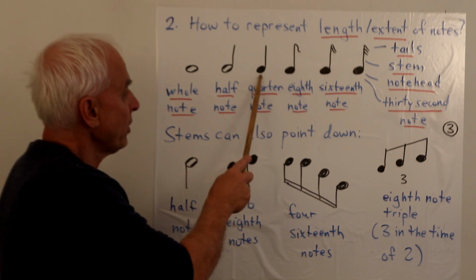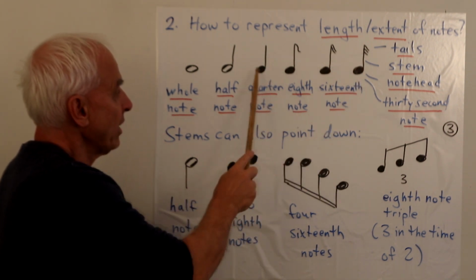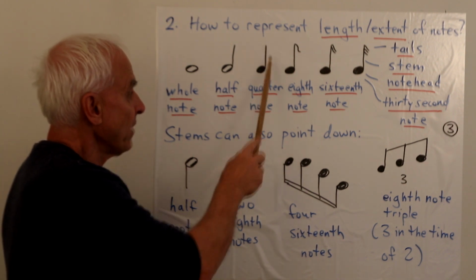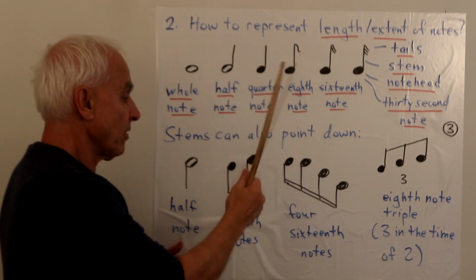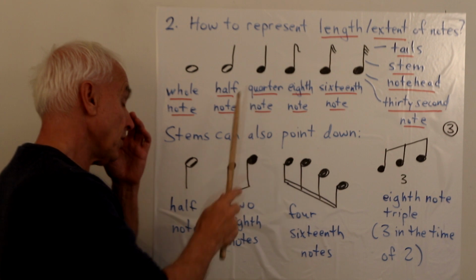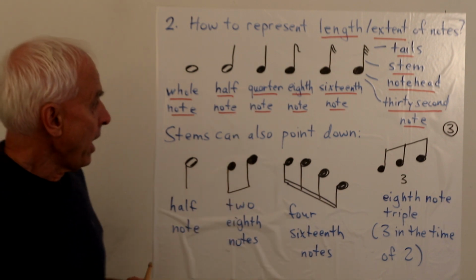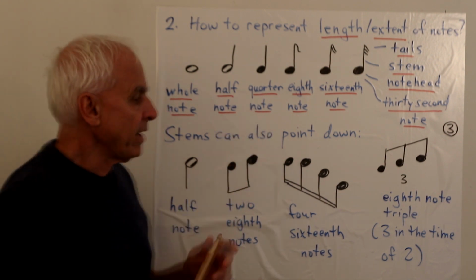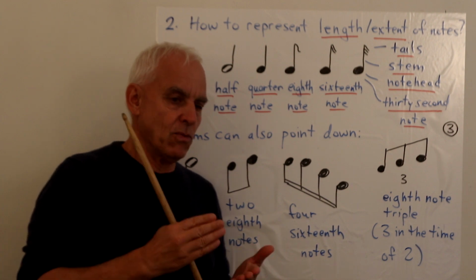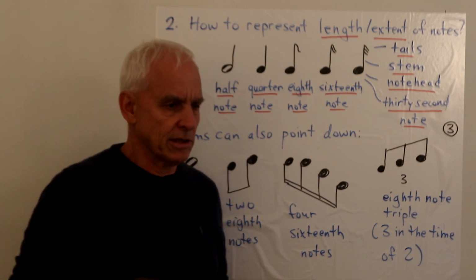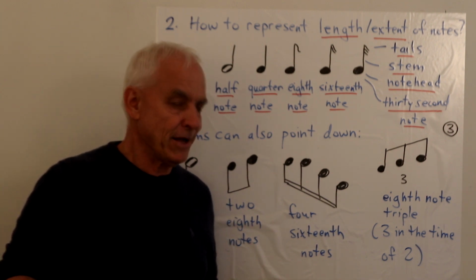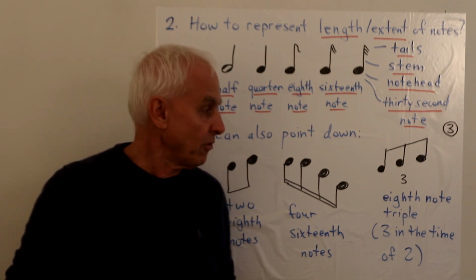Okay, so the quarter note has no tails. There's a note head in black and a stem. And the stem can be either up to the right or down to the left. Typically the quarter note gets one beat, which is a little bit idiosyncratic notation, we have to admit.